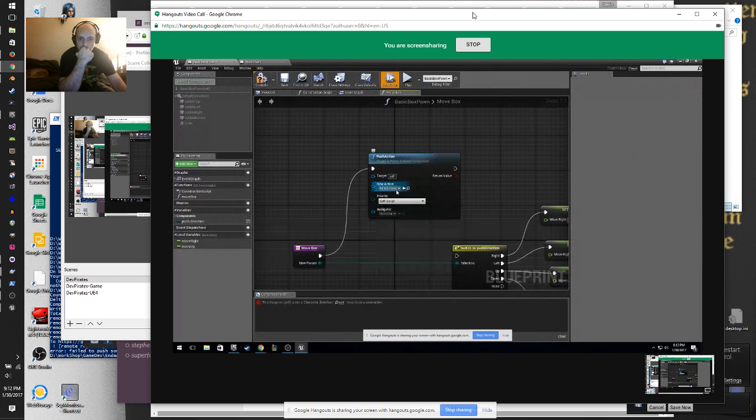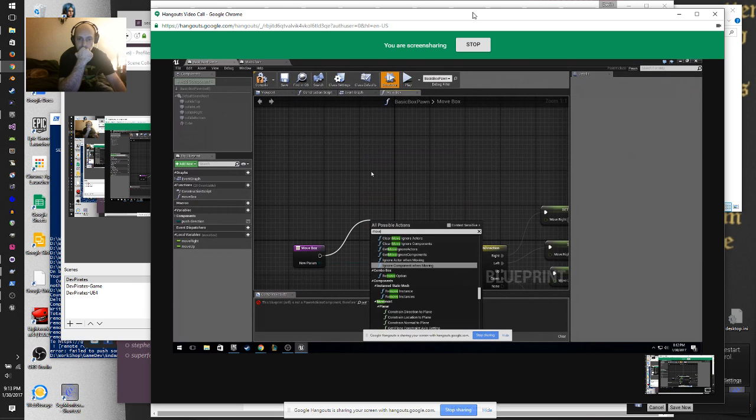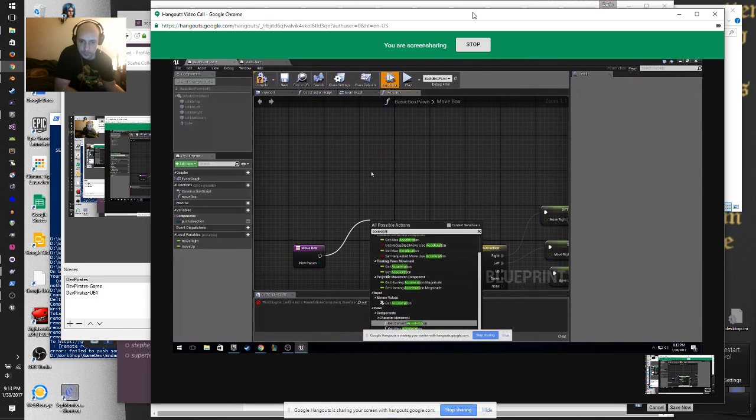New action. I don't know what this is for. Anyway, I don't know. Acceleration. What about move? Well, isn't there just a set location?